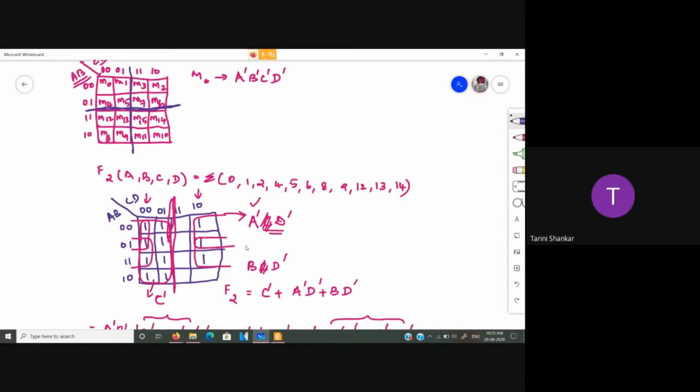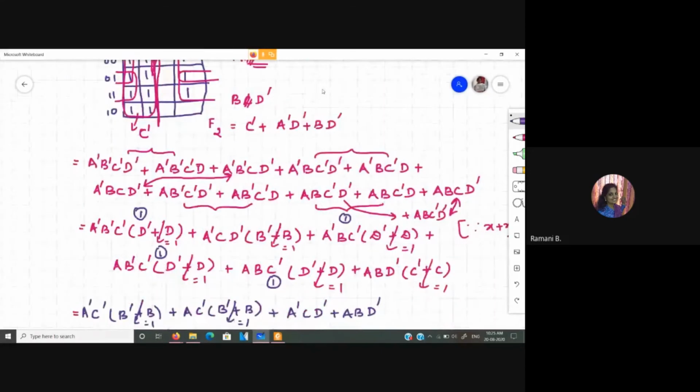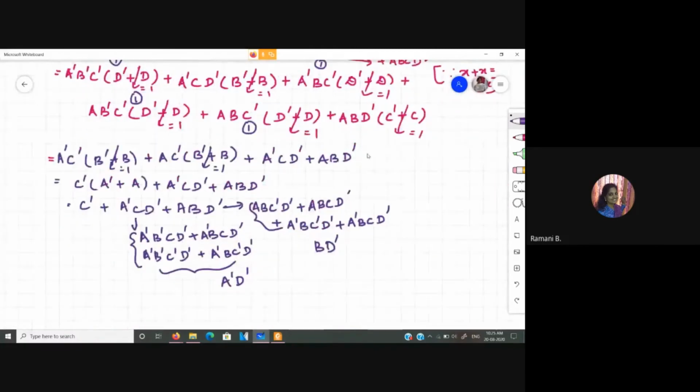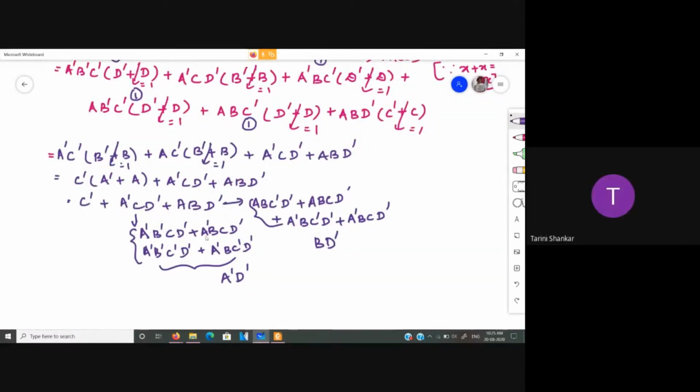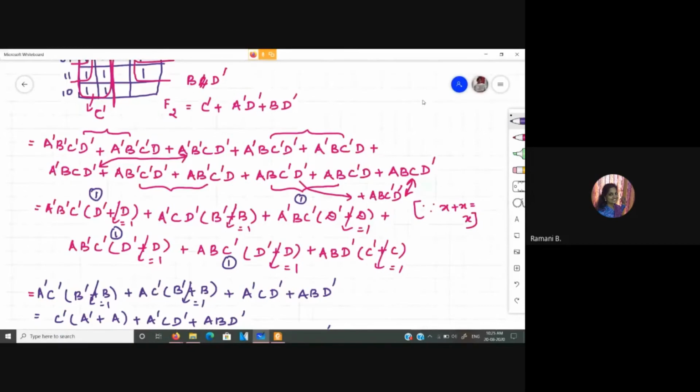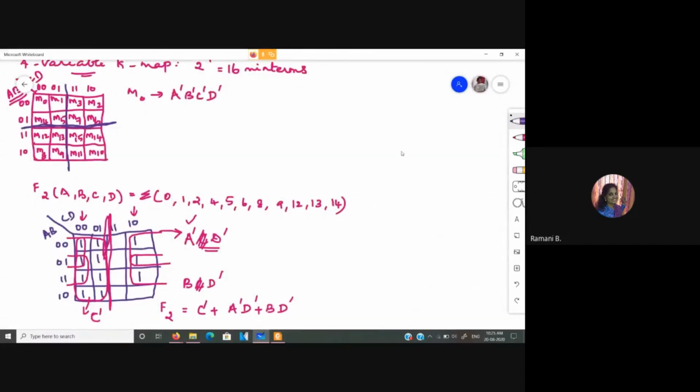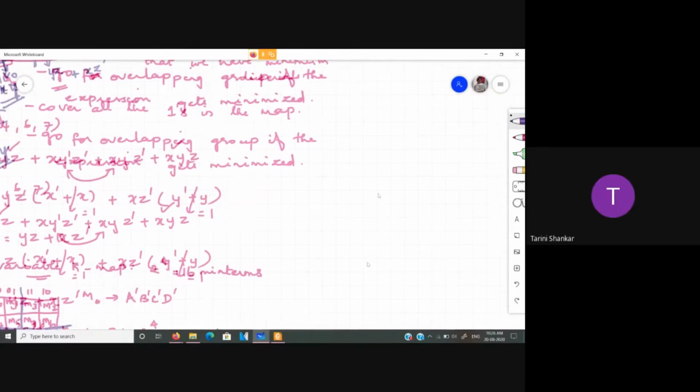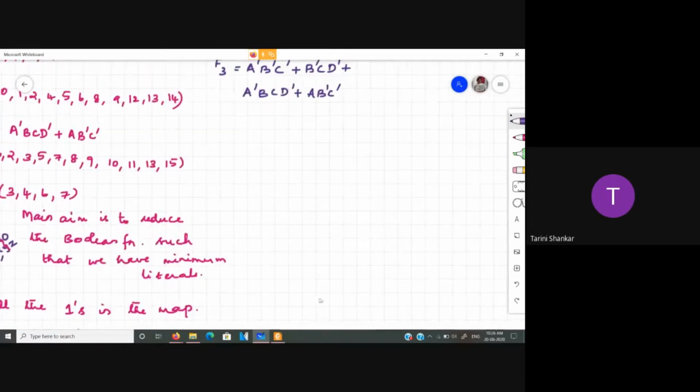Okay, ma'am. With respect to the K-map, by seeing it, you can say whether you can form an overlapping quad or a pair. But with this expression format, you cannot say easily. You need to go back and forth and try so many things, and only then will you get this expression. That's the disadvantage of using the postulates and theorems as such to minimize the Boolean expression. Okay, thank you, ma'am.